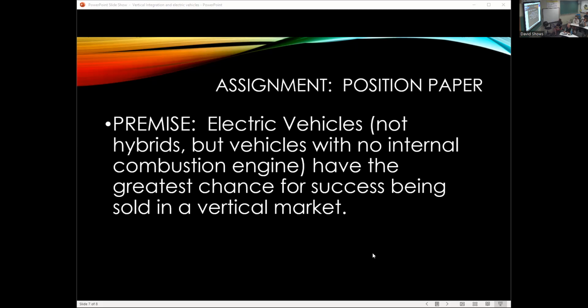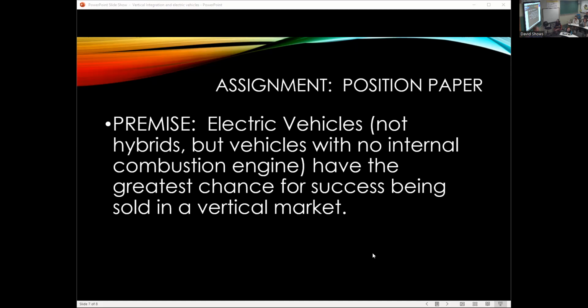Do you believe that electric vehicles have no chance whatsoever? This is how you break this statement down. And so in your groups, when you're coming up with this idea,